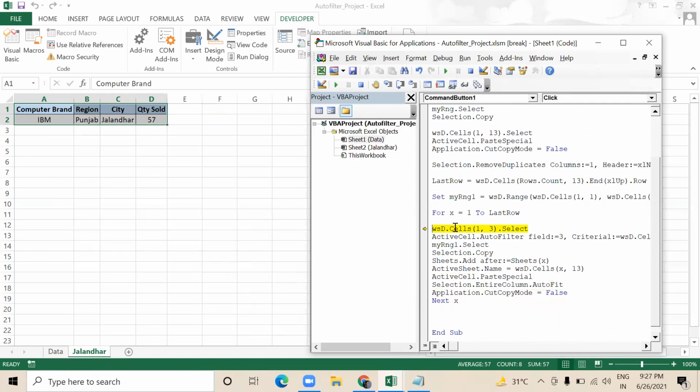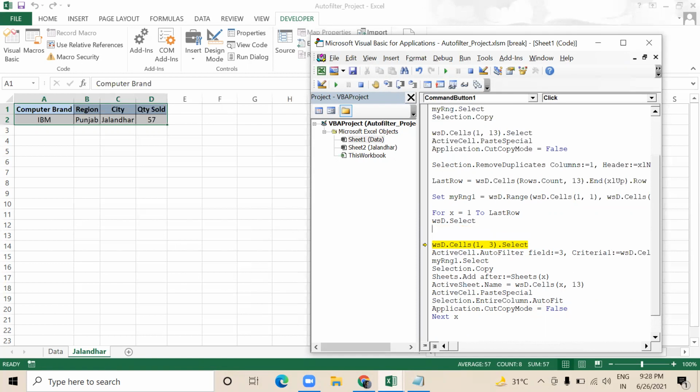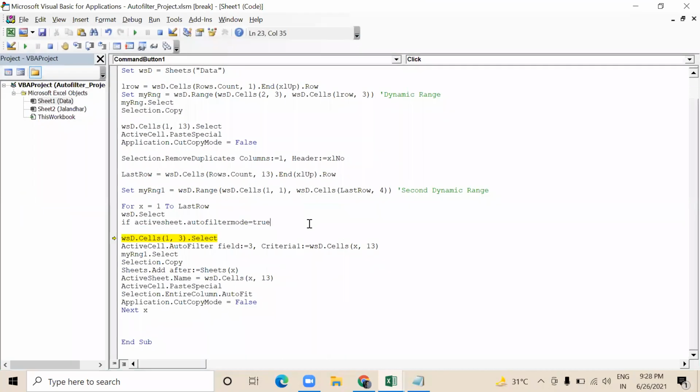now what I want to say here is, first of all, it will select WSD.Select, the data sheet, and here I will write one more thing. If ActiveSheet.AutoFilterMode equals True, then what should happen? It should open the filter. If filters have already been applied on the active sheet, then it will remove the filters. Okay, so now